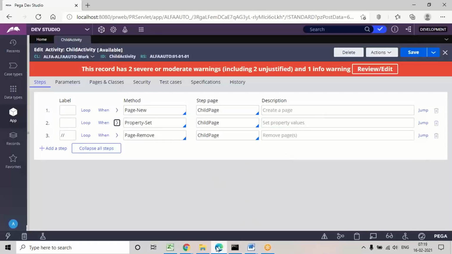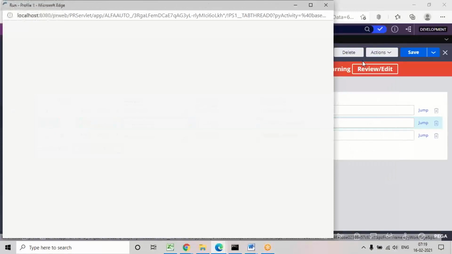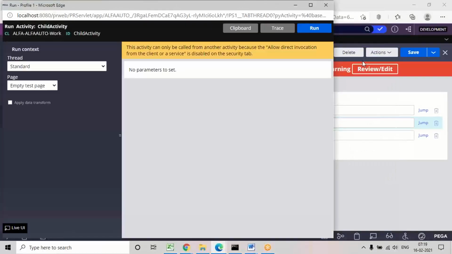If you close the run widget, click once again on actions and run. Now in the clipboard, if we want to debug, we first run and then open the clipboard. But with tracer, in the run widget we first need to turn on the tracer. So first click on this trace button.